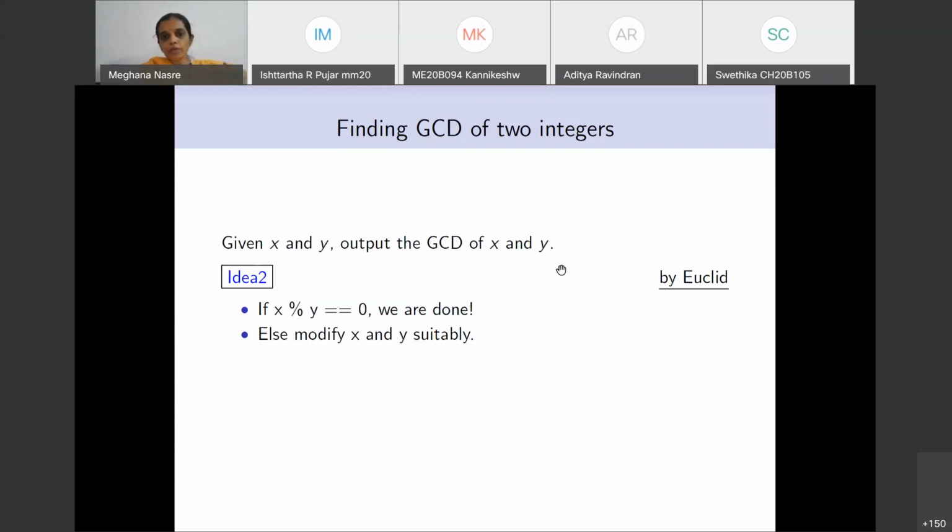So what would we want to set x to be? We have said x is equal to x minus y. Is there a better way to set x? In fact, we can set x is equal to x mod y. If it turns out to be 0, we are done. If it turns out to be some other number, then we have to repeat this process. And we already know that if x happens to be lesser than y, which is most likely the case when you have two arbitrary integers, and if you set x is equal to x mod y, then you are going to exchange x and y. So this is something that you can easily implement with the current set of things that we have already done.